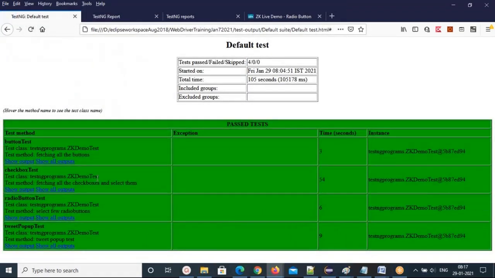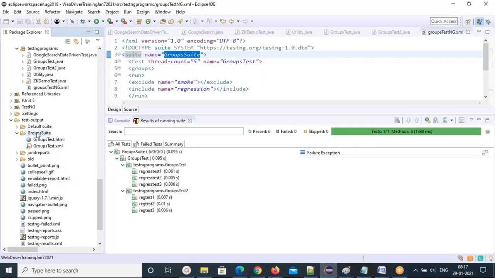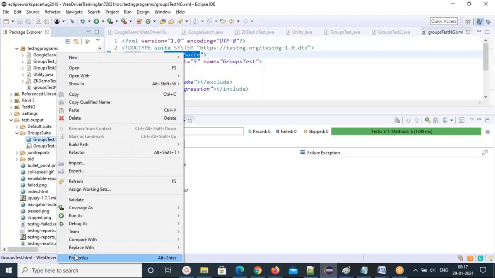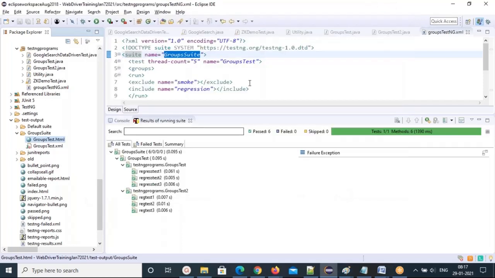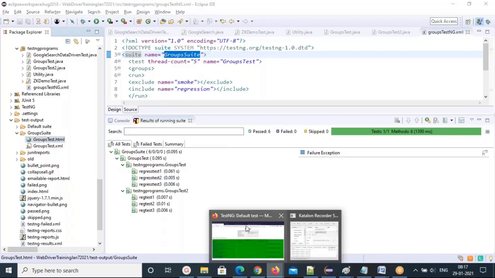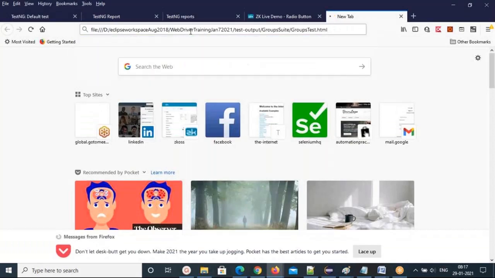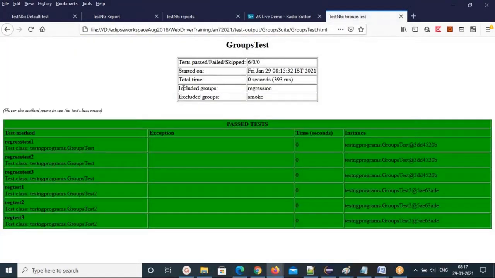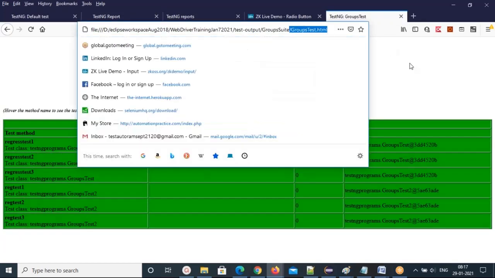See that is still showing the old one, because that is different. And this group is another folder generated for you. So for that, what you need to do is right click on this HTML report, copy that path, and then you can see the latest suite related report. You can see only the groups test related report. If you want to see, you just go here and paste it. Then only groups related will show here. See that? Now groups related, but this one is the default test.html, and this one is groups test.html.